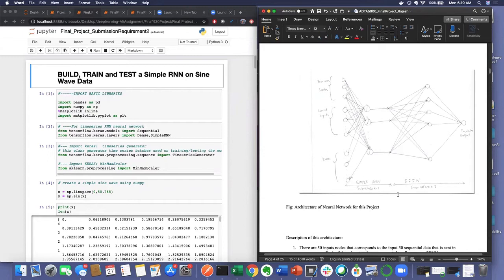A sine wave is a time series data too. So what we try to do here is generate the sine wave data, get those values, and provide them